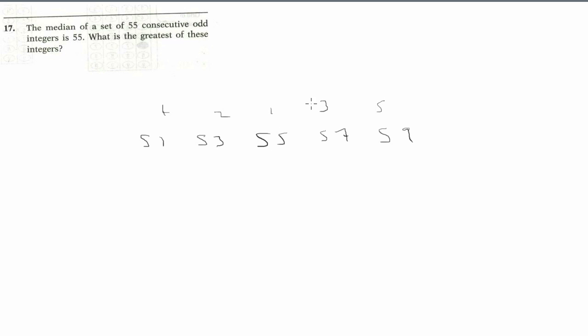So if we try to generate a formula from this, the greatest of these integers is going to be 55 plus the number of integers minus 1. Right? 5 minus 1 is 4. 55 plus 4 is 59. Okay, so 55 plus 55 minus 1 means that we have 1